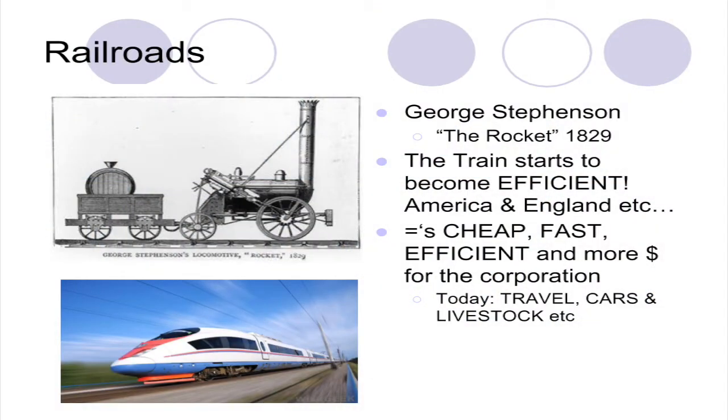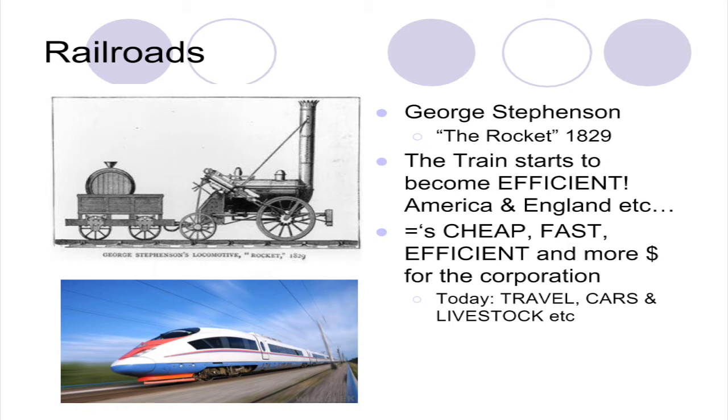Here's one particular invention called the rocket on the top left-hand side there. And again, this will eventually turn into what's called a train or the railroads. Again, as much as they are very positive, it's a very American thing. It was in England as well as the United States, but again, we're focusing on England more so for this class. You could take goods, put them into the train, and you could move them very cheaply. They can go very fast and very efficiently.